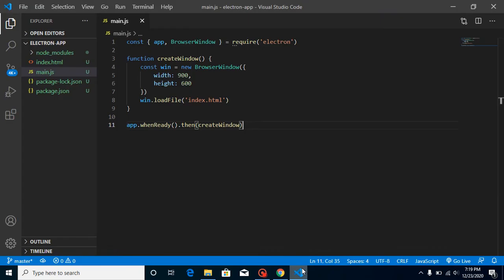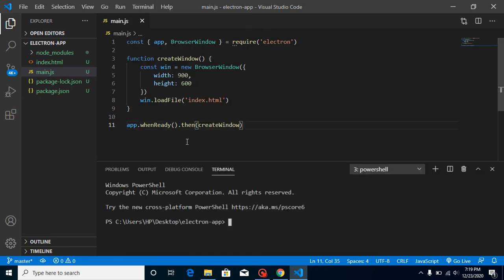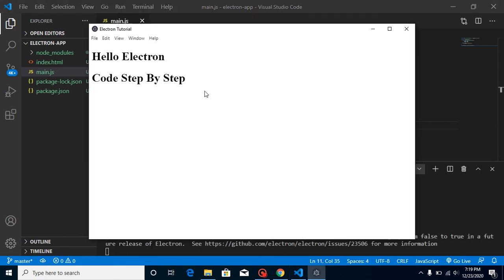So first of all, as you can see, we have a main.js file, and this is our main process. We can have more files in our main process when we have a large project, but for now we have only two files, one for the main process, which is main.js, and for the render process we have index.js, right? So now let's start it with the npm start command. And as we know, whenever we run the npm start command, we get a new window of our project.